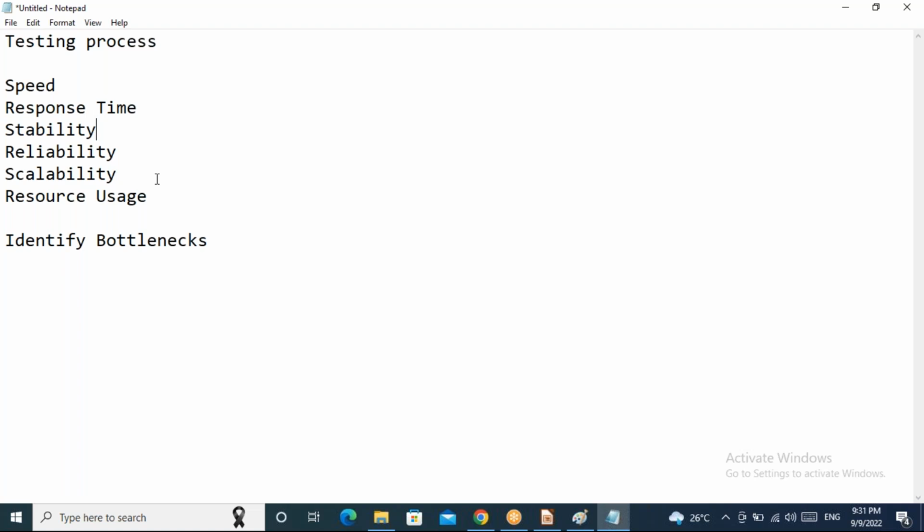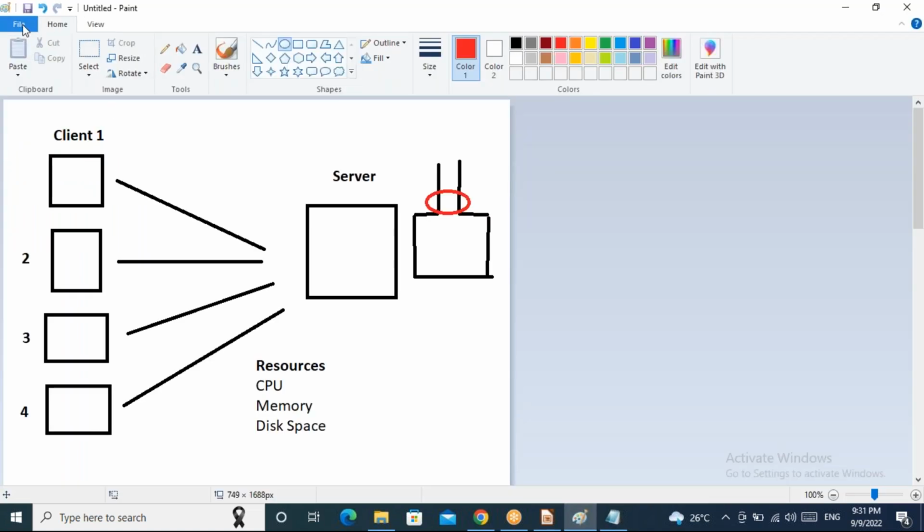Okay, then what is stability? Stability is nothing but, let's say currently my application is being accessed by 100 users. After some time it is accessed by 200 users. After some time it is accessed by 300 users. Then after some time it is accessed by 200 users again. There is a reduction. Then again it is accessed by 300 users. So if we see the load,